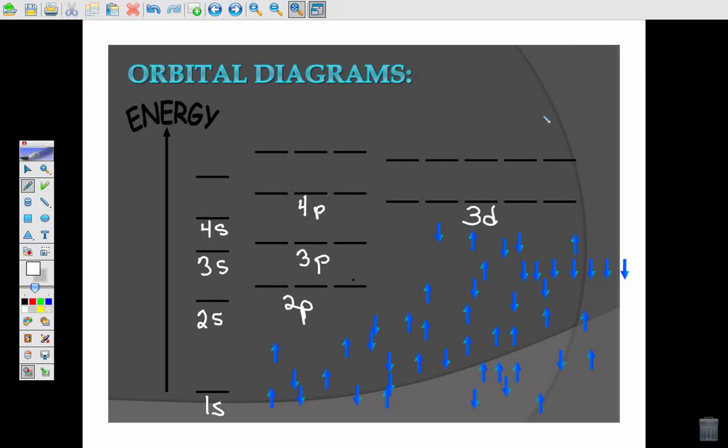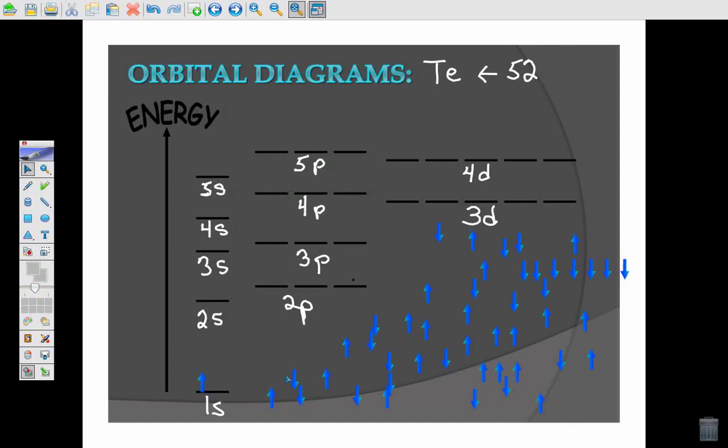Now, instead of the sulfur example on 513, I want to do telluride instead, because I think it'll give us a better idea of the buildup that we're going to be doing and how the energy gets a little mixed up with our d's. Remember, I promised you, and it's coming very quickly, the periodic table will give us the order of these. Now, telluride has, if you look it up, 52 electrons. So we have to fit 52 electrons into this, and we're going to start very quickly with the Aufbau principle